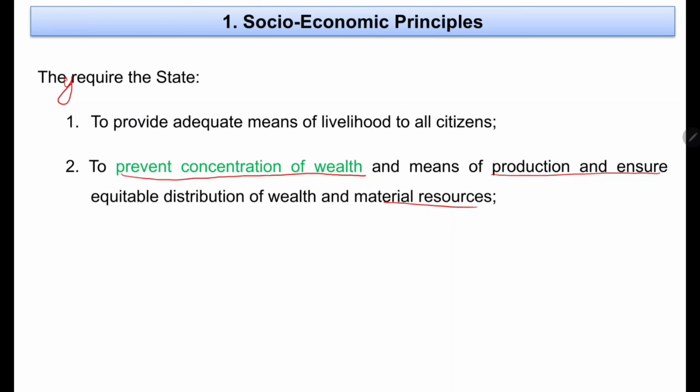So here it means, in our country especially, there has been division in the people, isn't it? The class division, not the caste division. Here in the present day, the class division is there. The rich are getting richer and richer and the poor are getting poorer and poorer. So in order to prevent that, there should be some law made by the government so that the concentration of wealth doesn't become only on one side. It should be equitably distributed to everyone.